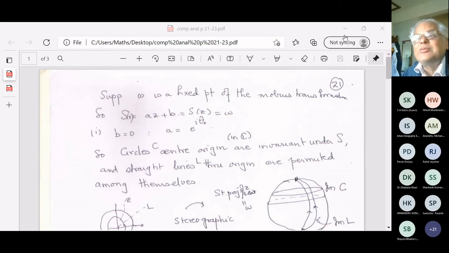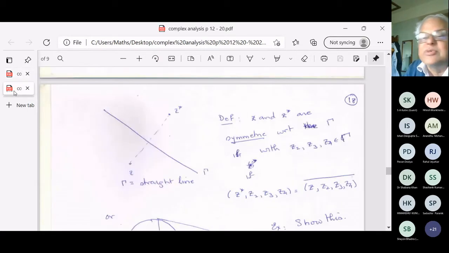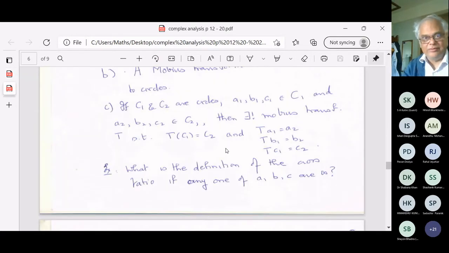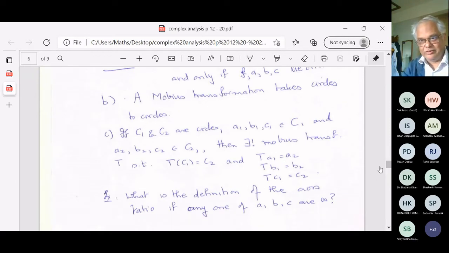Now we are trying to understand the properties of Mobius transformations, and it turns out Mobius transformations have lots of very interesting properties, and there is a whole bunch of theory that is associated just to Mobius transformations. So let's see, where was I last time? I think I want to talk about this first, 18. Okay, so I was somewhere here.